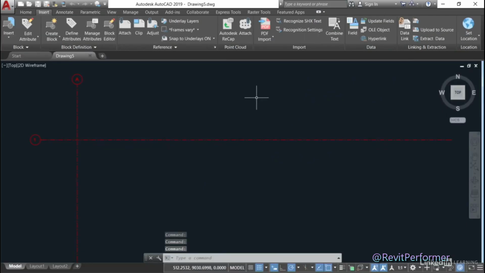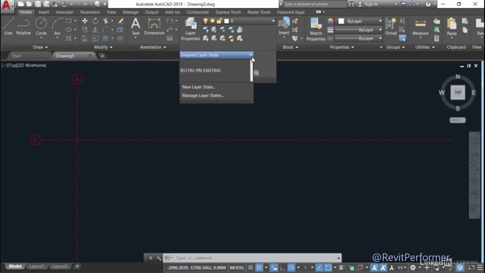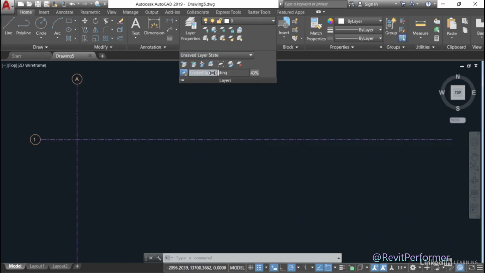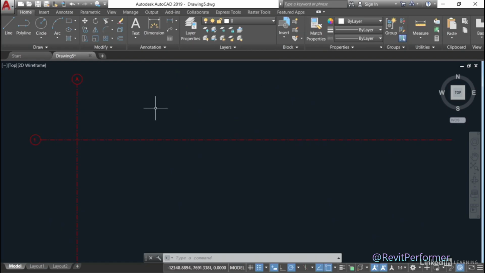That starts a whole new drawing. And you can see that I've obviously tweaked that drawing. There's none of the building information in there, just some grid lines and some grid bubbles set up to that particular layer state. So I'm going to go to the Home tab on the ribbon now, go into my layer flyout here, and go to layer states, and you see they've been saved. So if I go back to existing, there's my existing Revit layer state. And then if I go back again to BS1192 project, it goes to the project